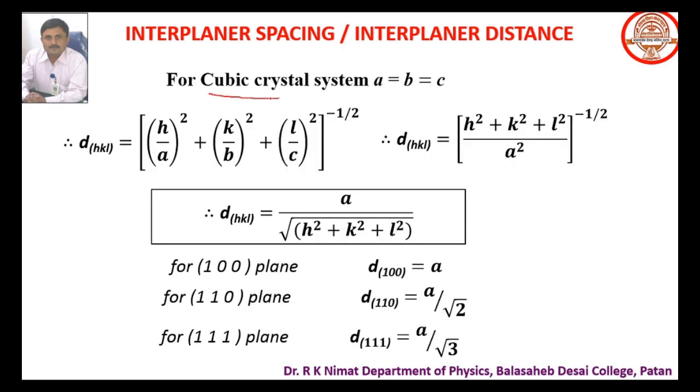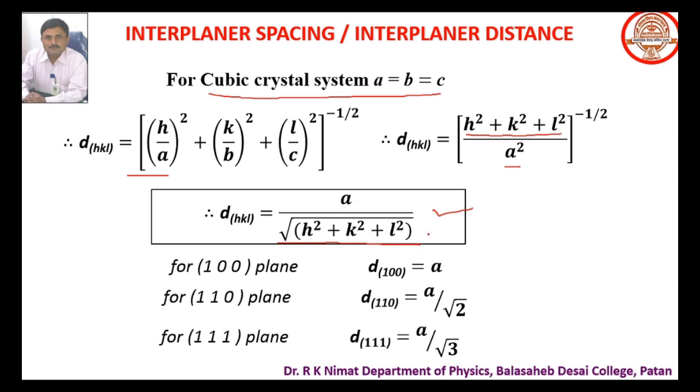For cubic crystal system, A is equal to B is equal to C. So if you put A is equal to B is equal to C in this equation, you will get the expression for interplanar spacing for cubic crystal system as d_hkl is equal to [(H square plus K square plus L square) divided by A square] raised to minus 1 by 2. So simplifying, you will get d_hkl is equal to A divided by square root of H square plus K square plus L square. This is a very important expression for interplanar spacing,